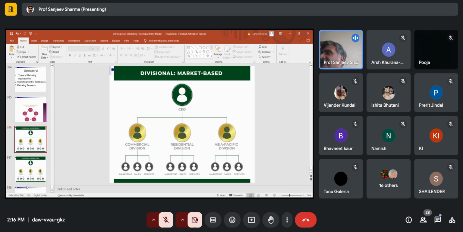One says go left, other says go right. Go right, where will you be? You'll be stuck. So challenges of coordination are very common in matrix structure. In some of the cases, project management is applied, some other cases they don't. Okay. So friends, these are the four types